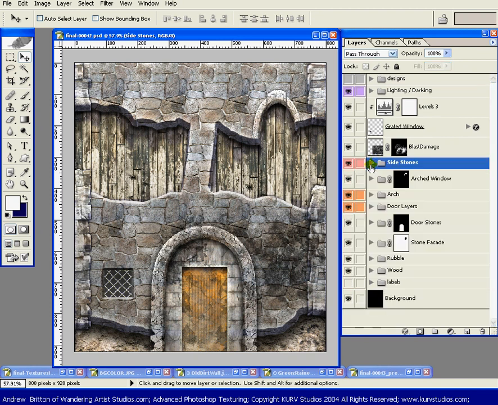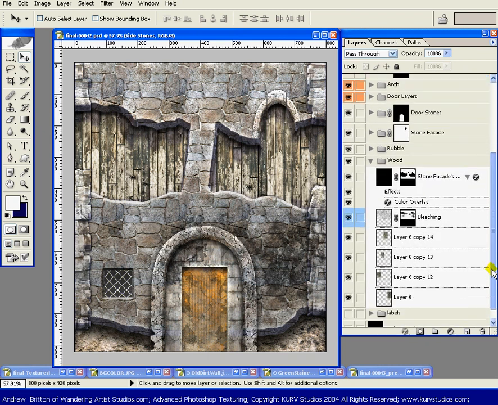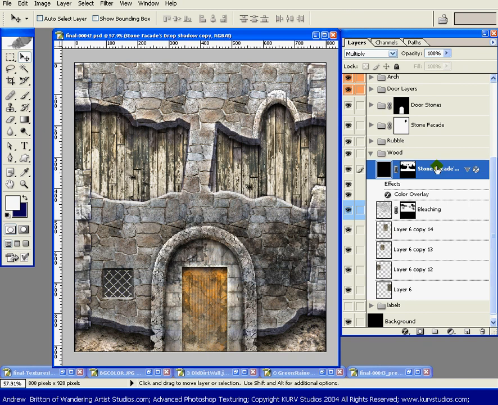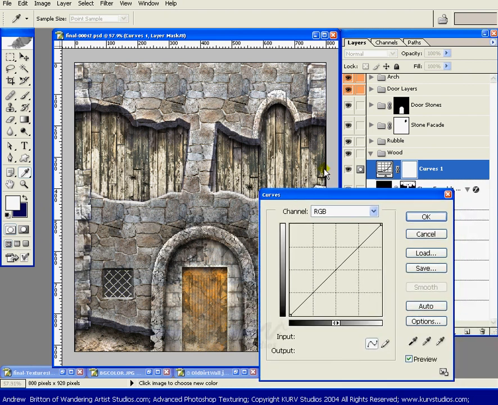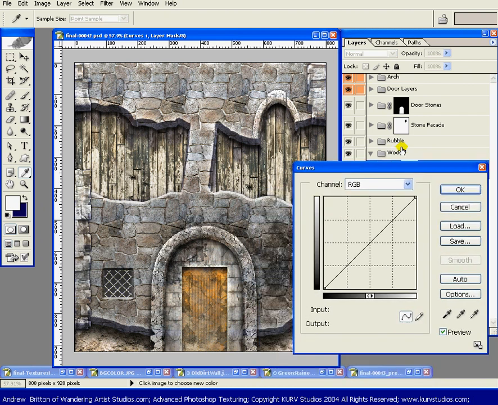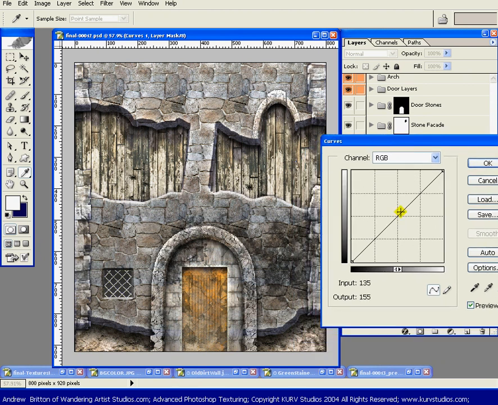Okay, so I will close that up. So now for this wood, I'm going to turn this wood down just a little bit, and the way I'm going to do that is create a curves adjustment layer right up here at the top, curves. So if I select from here in the middle, if I move this point up, it makes it brighter. If I move this down, it makes it a little bit darker. What I actually want to do is, I'll set this to about